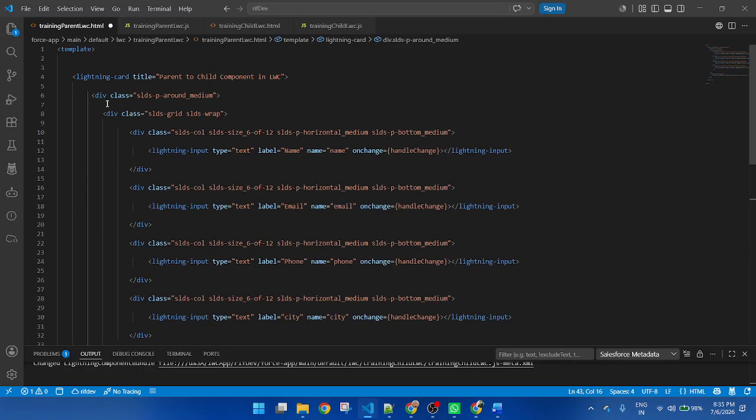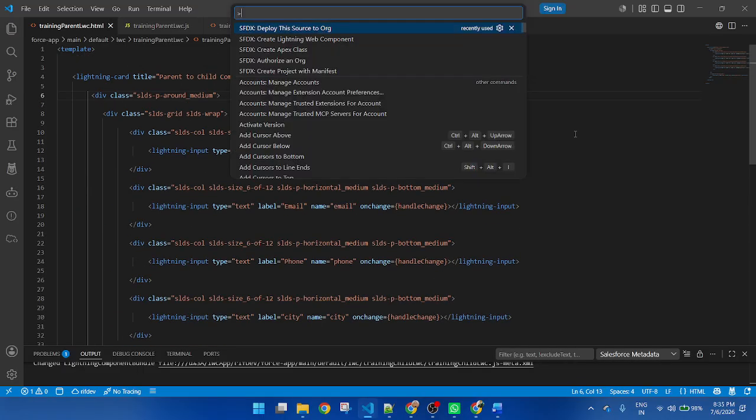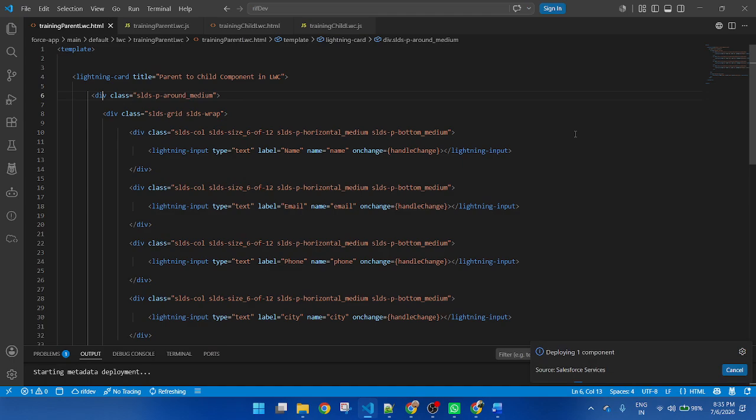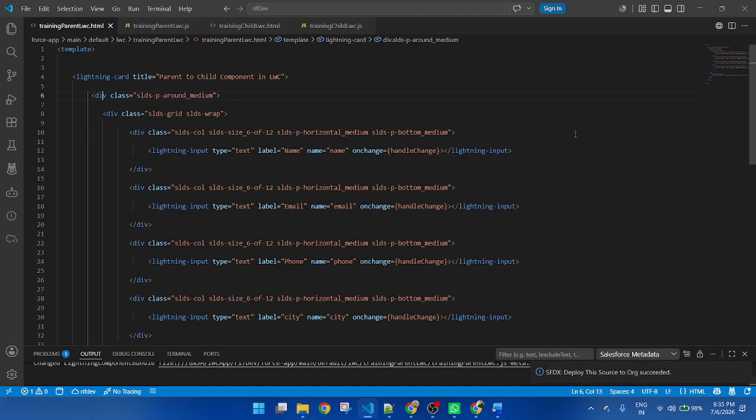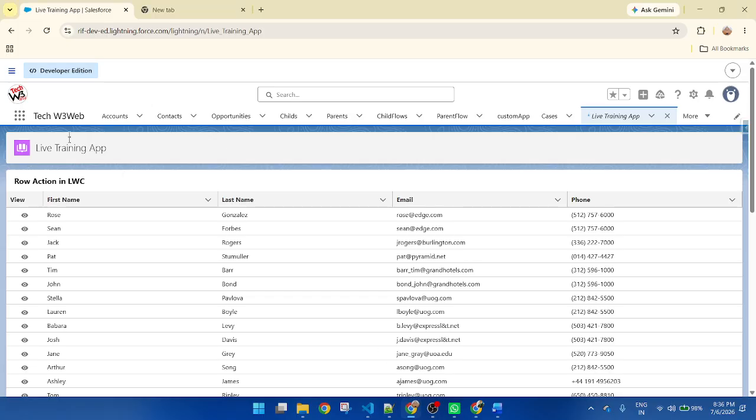Okay. So now let's save and deploy the code. So the first component I deployed successfully to the Salesforce org. This is the component training parent LWC. So now let's go and refresh the page.